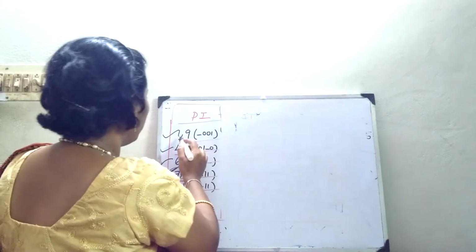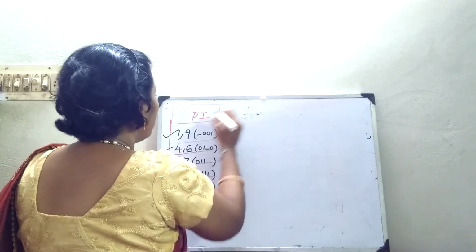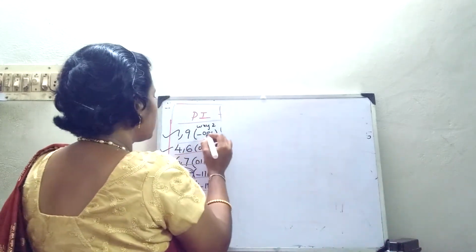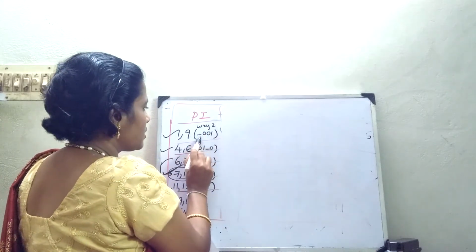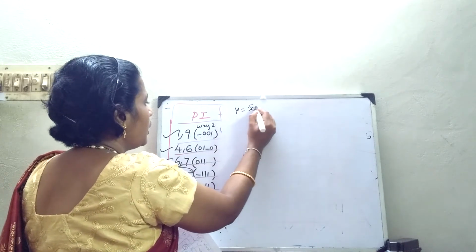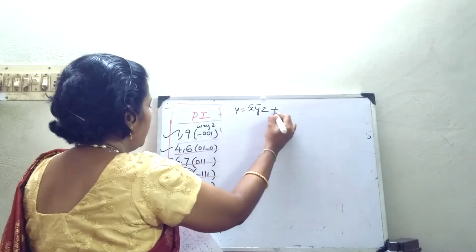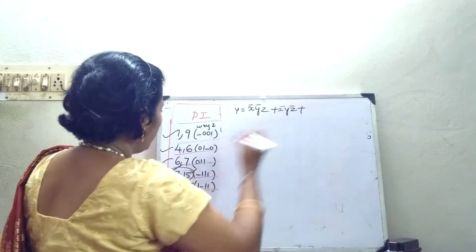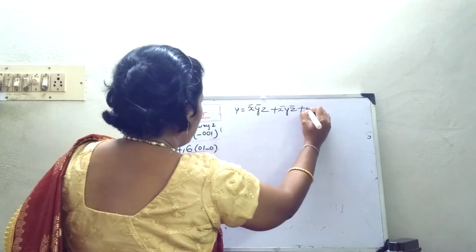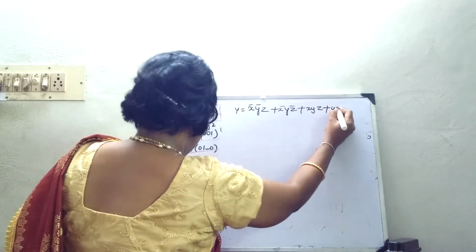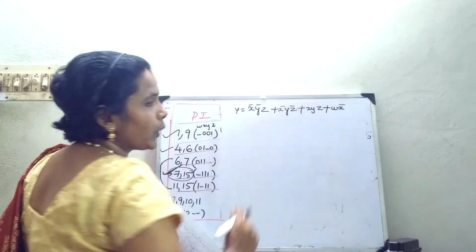So what is going to be the answer? 1 comma 9, this is W X Y Z. So what is the answer? It is nothing there, this is 0, 0, 1. So the output is X bar, Y bar, Z, plus here X bar, Y, Z bar, plus this term X, Y, Z, plus this term W, X bar. So this is going to be the answer.